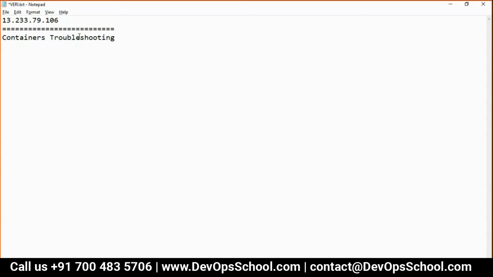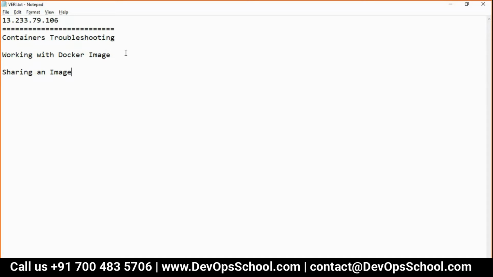This is how we can troubleshoot the container. Then working with images, Docker images. We will develop an image today, okay? And sharing an image with folks around. So these are the three topics we will mainly discuss. Okay. I will give you some labs and assignments also along with it.